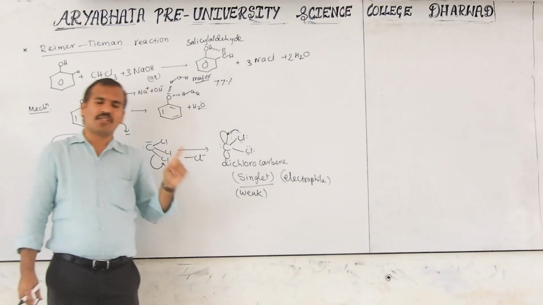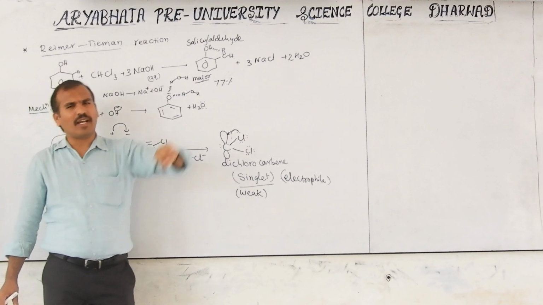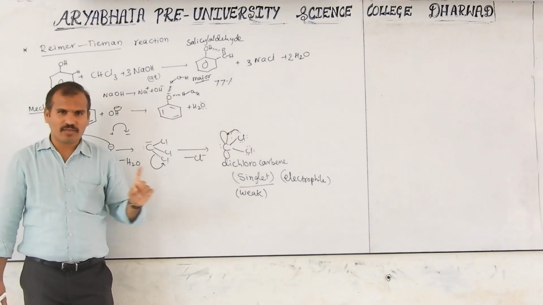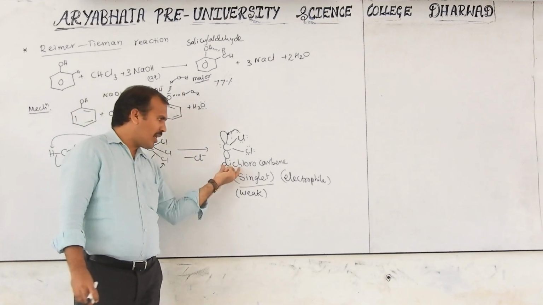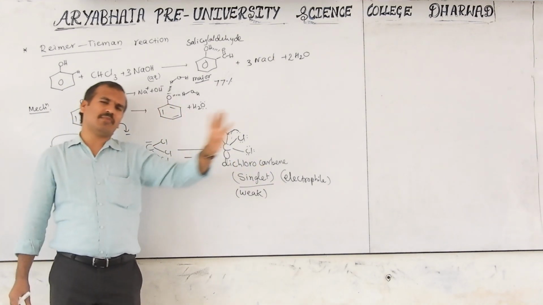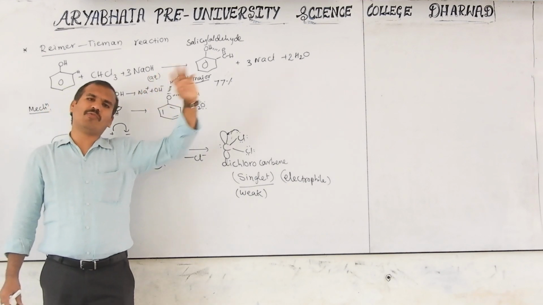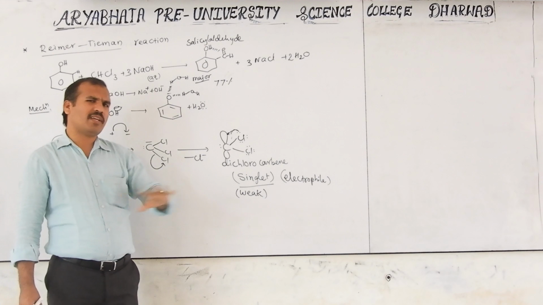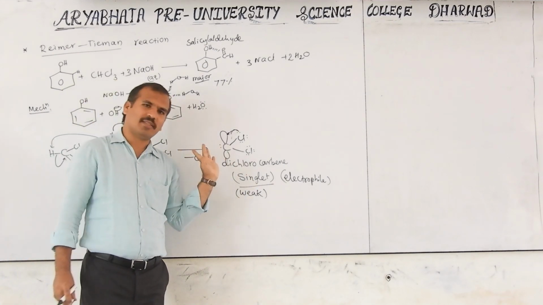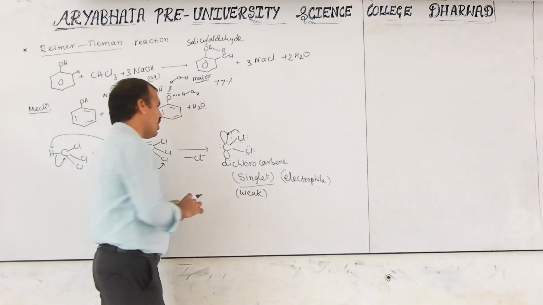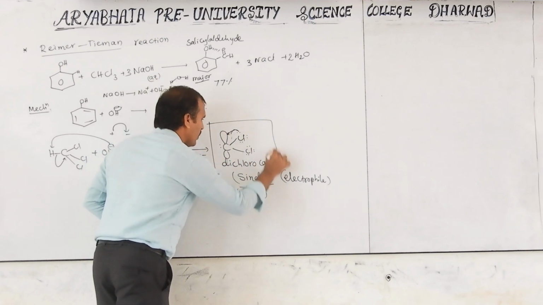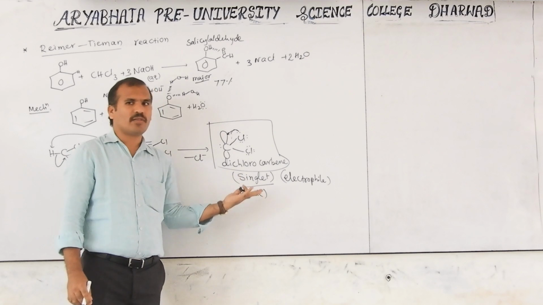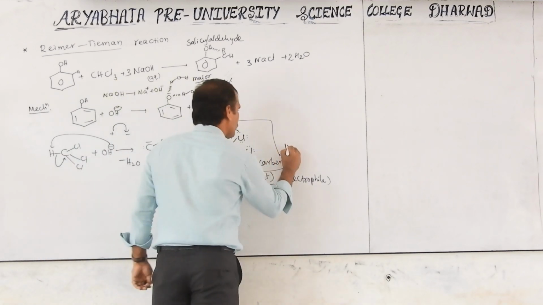In competitive exams, this question from low level to high level is asked. In the Reimer-Tiemann reaction, what is the electrophile? Dichlorocarbene. In every exam, from CET level to NEET, JEE Advanced, or any other higher level, whatever the exam is, this question is asked. So keep in mind, very, very important. What is the electrophile we ask? What is the intermediate also?